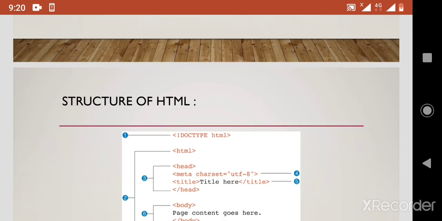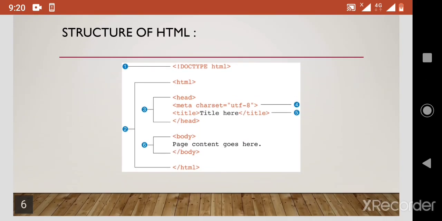Next, coming to the structure of HTML. Here we see the basic structure of an HTML document. First is the document type, that means what type of document it is, and then HTML, which is the starting tag of the HTML code. Then comes head, then title, and then body.